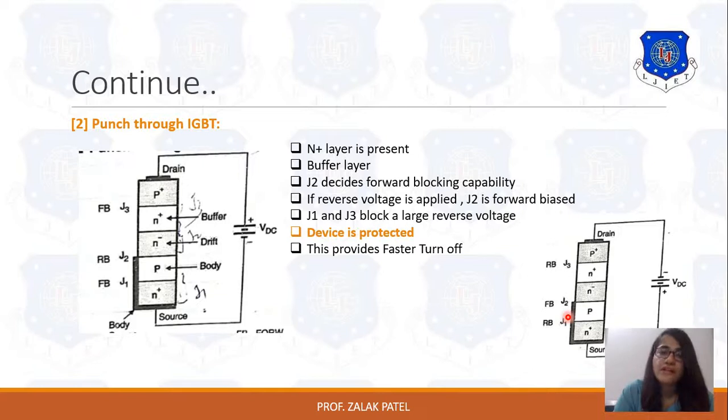in rectifiers, because in a rectifier we want some blockage in between when we convert AC to DC. That's why we use the non-punch through IGBT for the rectifier, and the punch through IGBT is preferred in other applications because it has faster turn off and turn on time, and the device is protected. That's why for the punch through IGBT we do not require any snubber circuit, which we use in an SCR and TRIAC for dV by dt and di by dt protection. So it is not needed in this case.